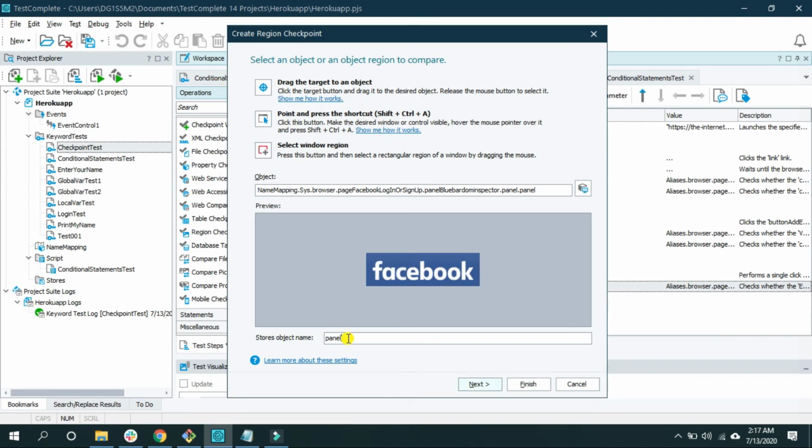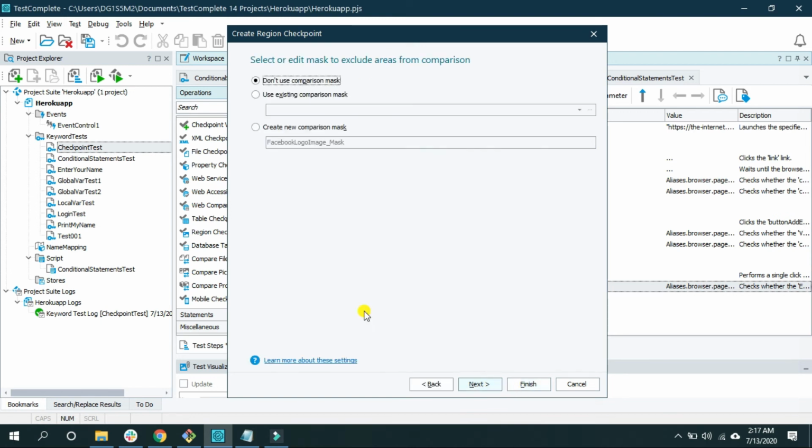I can rename this from panel to Facebook logo image. This Facebook logo image is going to be stored inside the store folder.